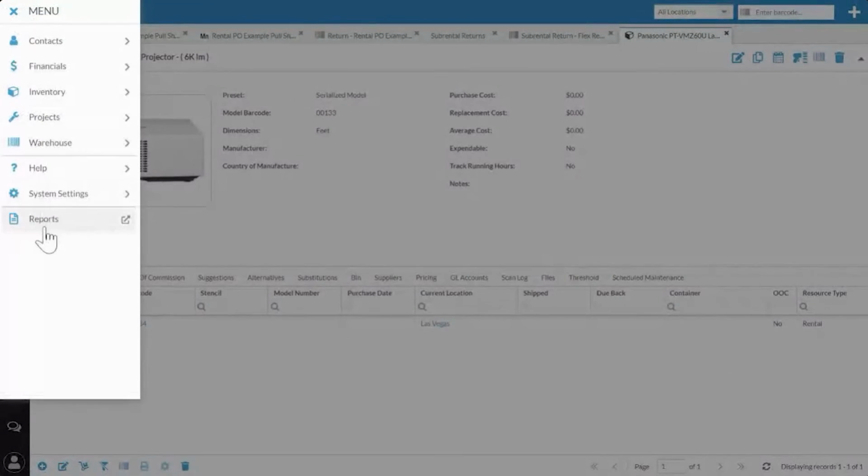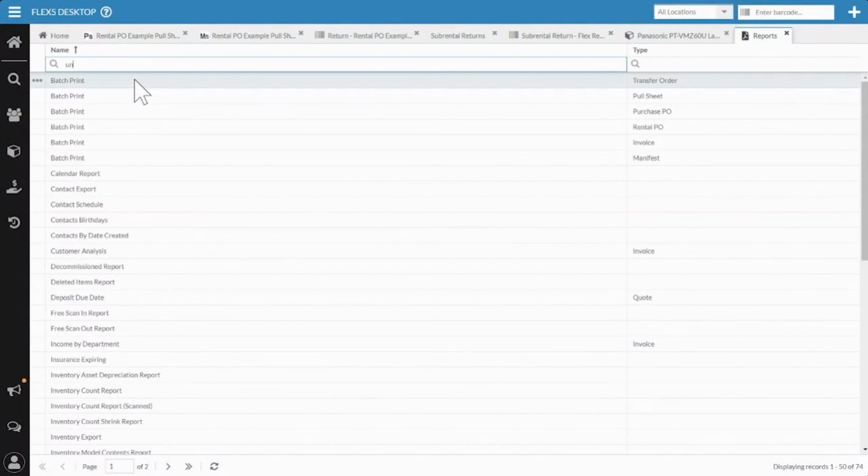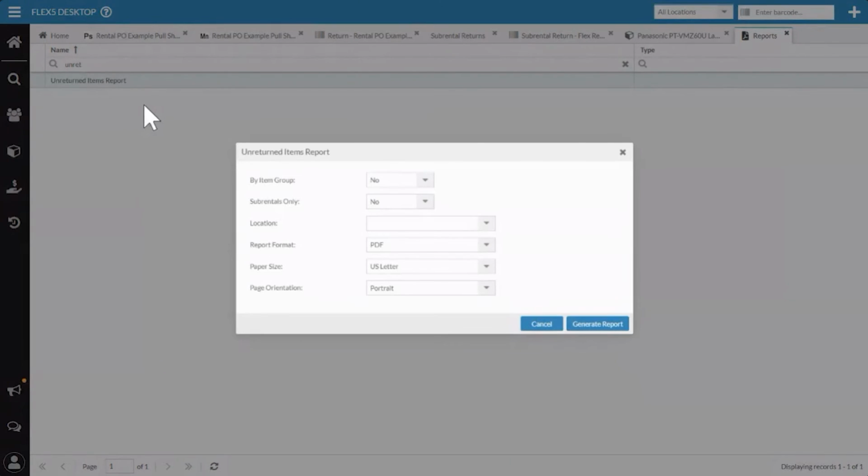So if we go in here to reports, what I want is the unreturned items report. Now, the key thing on this is under default settings, if I run this right now, this is going to run against all of my manifests and try to check what we have not brought in that I need to go chase, whether it's my rental customers, or my own project managers, and what happened on these shows. But if I change this to say subrentals only, yes, now it's going to run against those subrental intake manifests and tell me what subrentals did we not bother to return to the